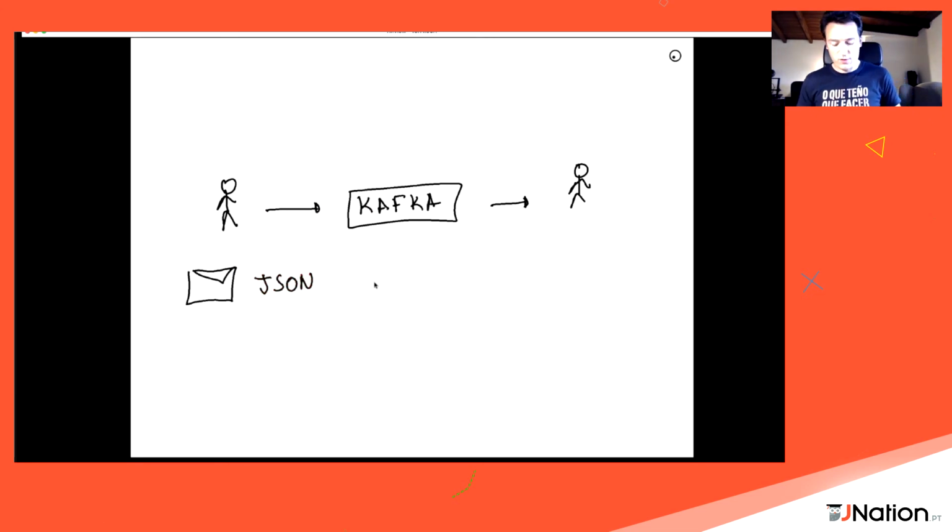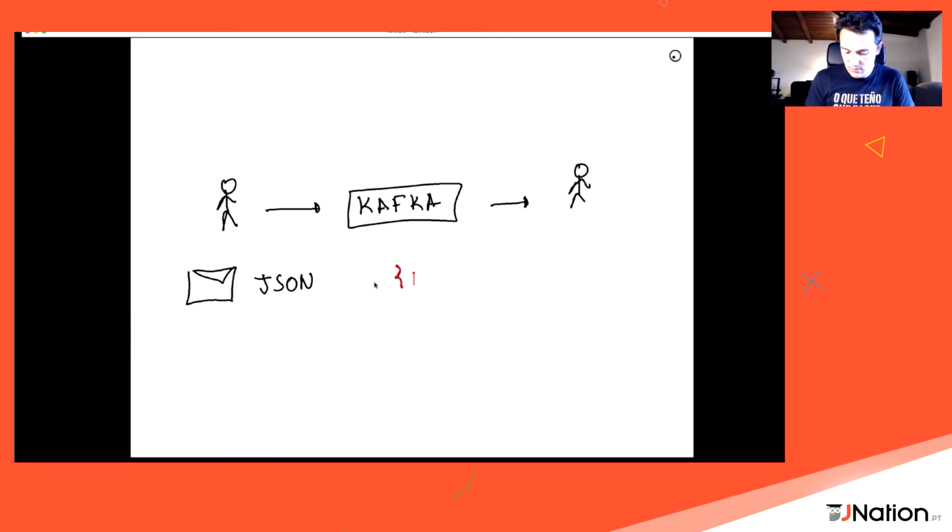There are good reasons for that because probably you already have the data in that format because you are reading from a Mongo database or because you are receiving that data from a REST API or something like that. But the problem with JSON is it's not very efficient.